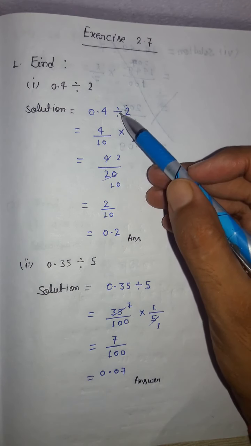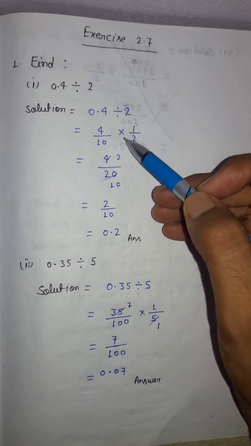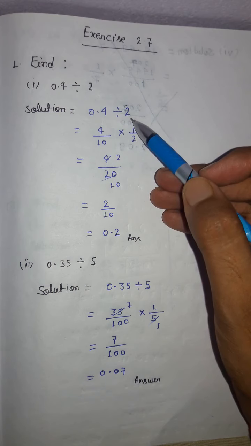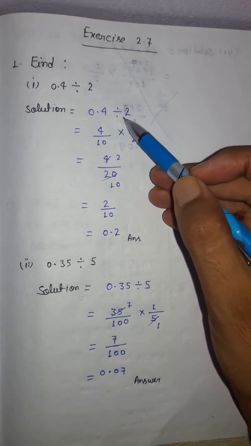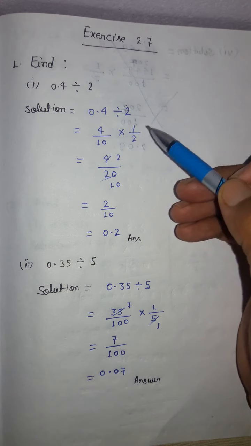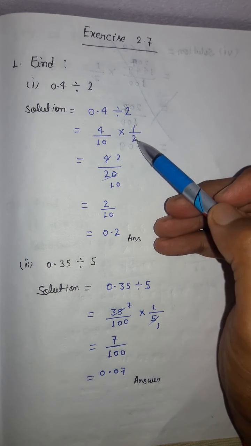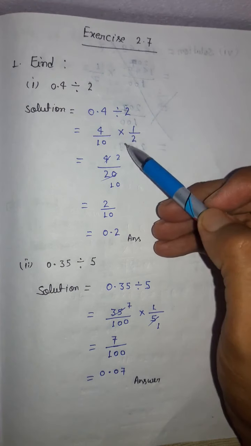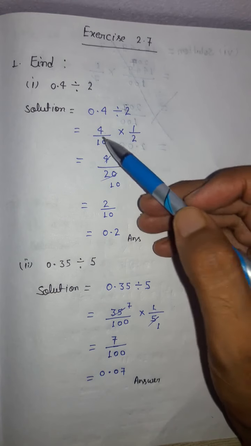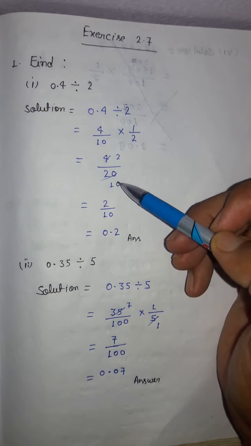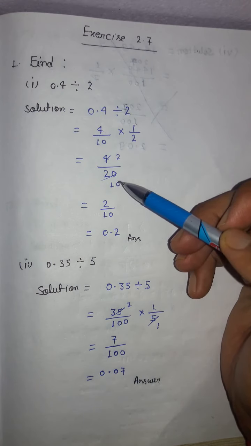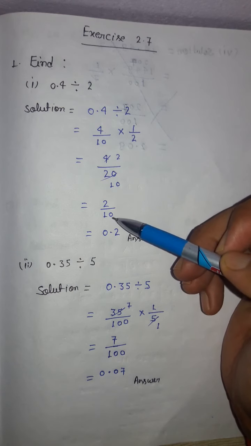Multiply. You know that when you convert the sign of division into multiplication, you have to write the reciprocal of the divisor. So 2 means 2 upon 1, and its reciprocal is 1 upon 2. Now you can divide here also. 2 is in the denominator and 4 is in the numerator, so 2 2s are 4. Otherwise you can multiply first, then divide, like I have done. 4 1s are 4 and 10 2s are 20. Dividing 20 by 2 gives 10, so the answer is 2 upon 10.